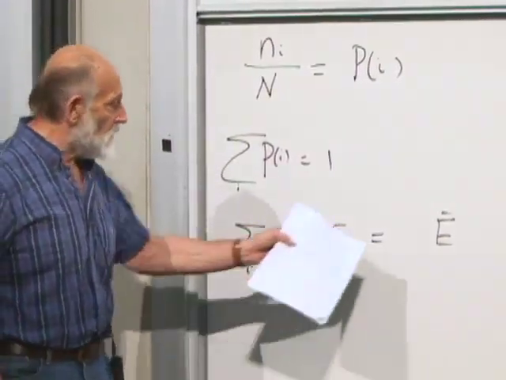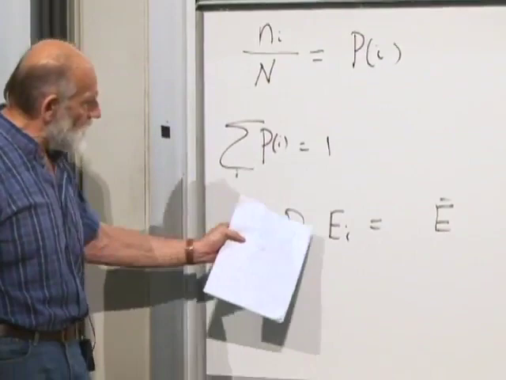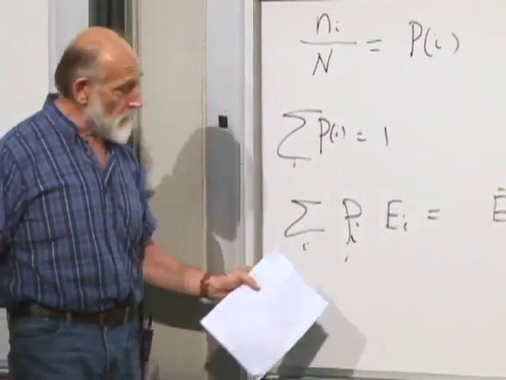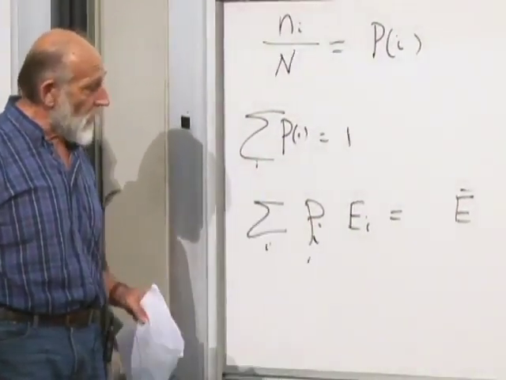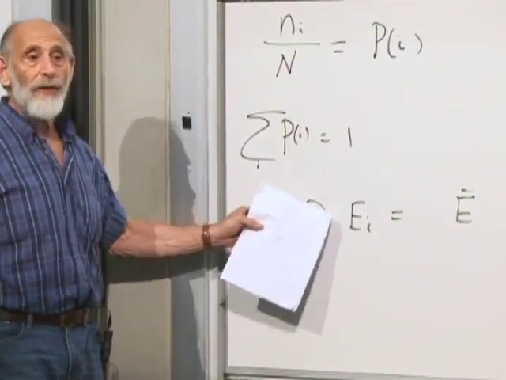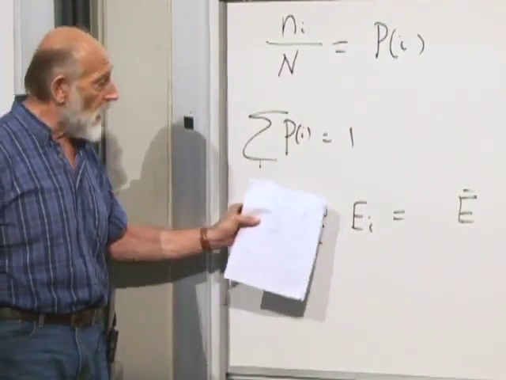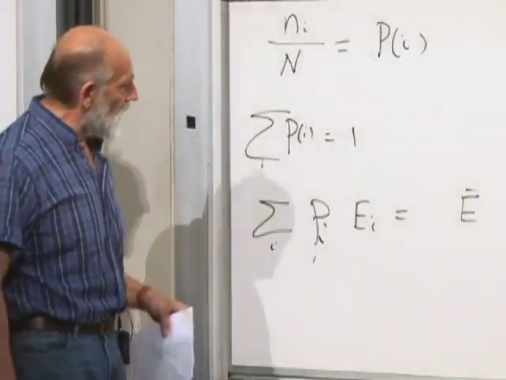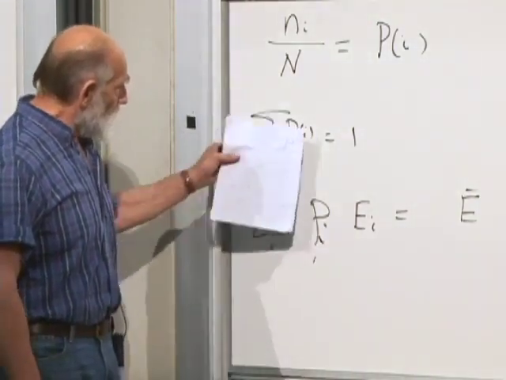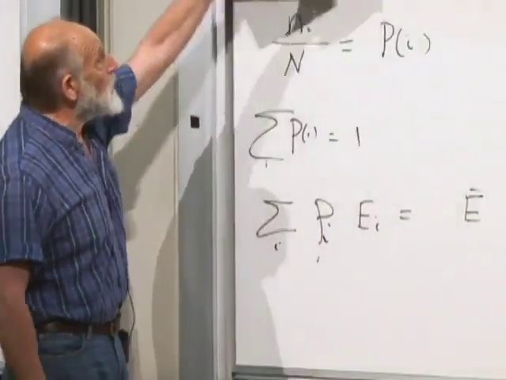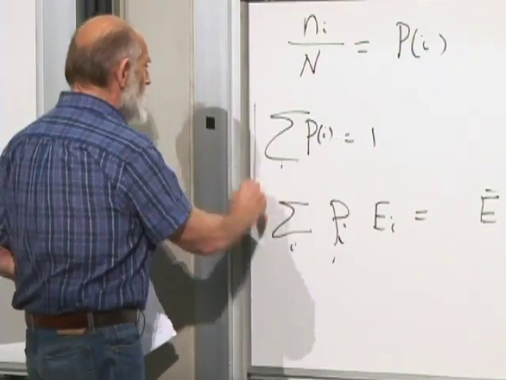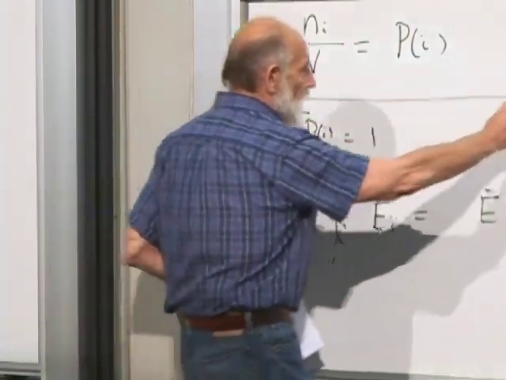In general, the average of a quantity is the weighted sum over the states of the system of the probability of the ith system times the value of that quantity in the ith state. In this particular case, it's the energy. So these two constraints become the very familiar...